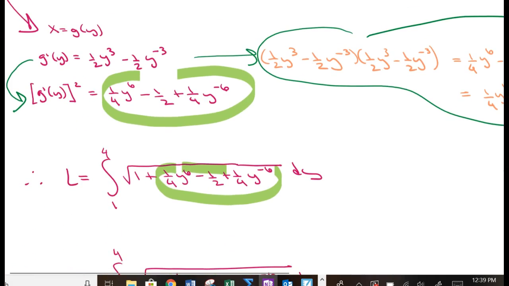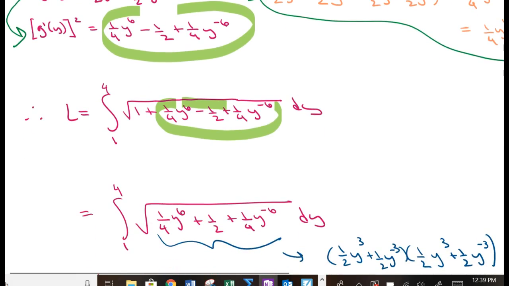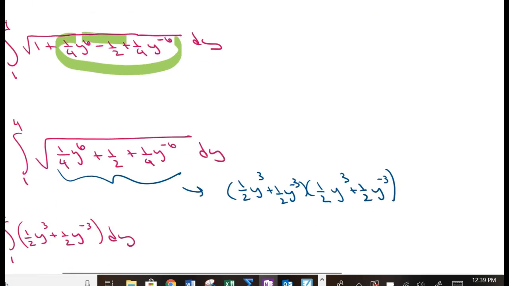Now, here is g prime of y squared. I now put it into the integrand, the square root of 1 plus g prime of y squared. Now, if you simplify this integrand, you get this, which is a factorable trinomial. It's not quadratic. It actually is in quadratic form, but it's factorable over here in blue, okay? So this is an example right here that you've got some algebra to do